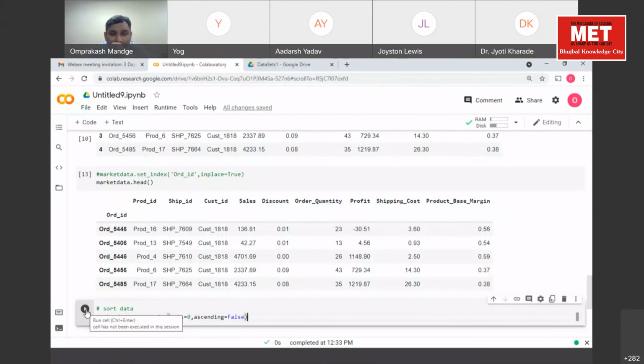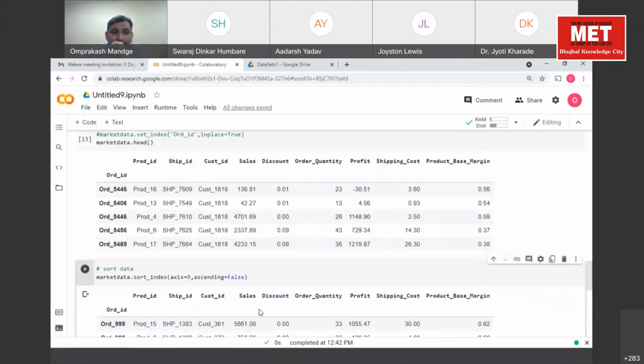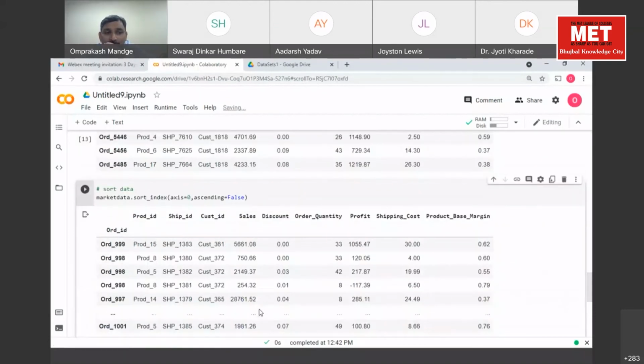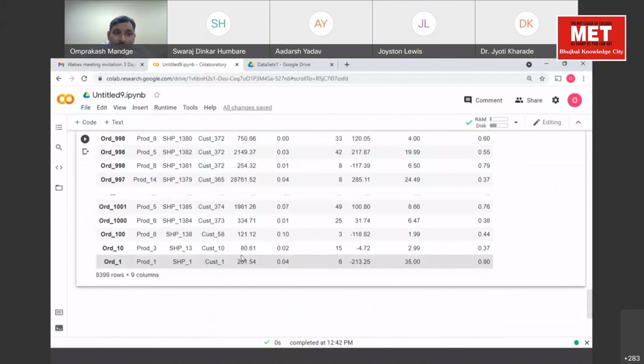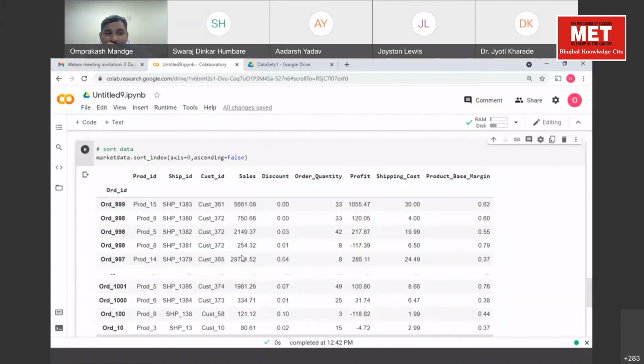Now run this and tell me, on what basis are the values sorted? Order ID in descending order. Ascending false means descending, from largest to smallest. So are we getting largest to smallest values here?